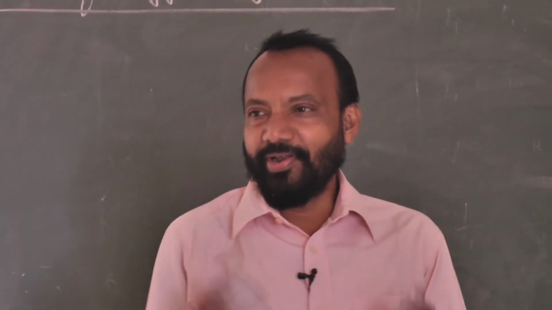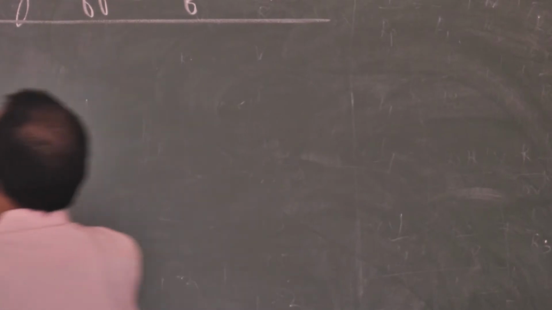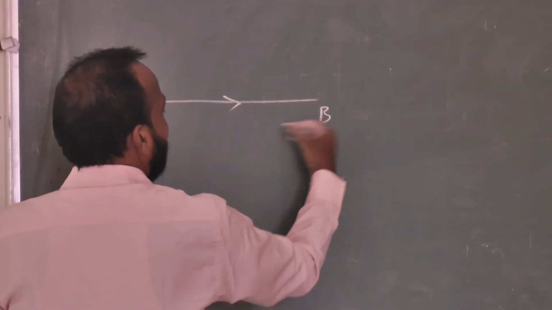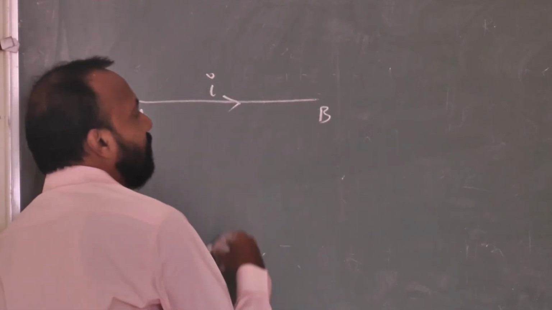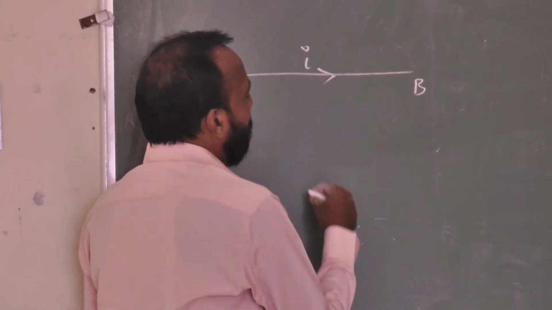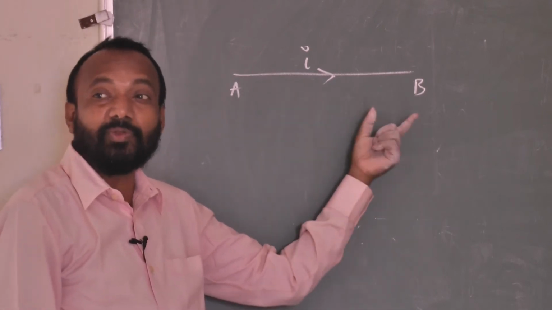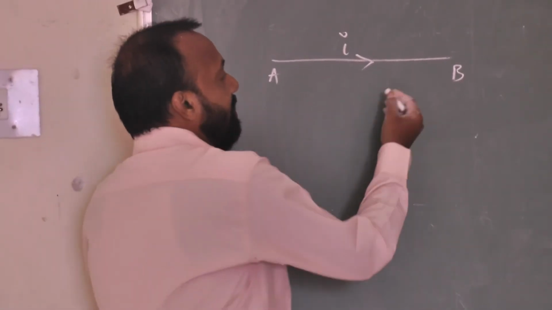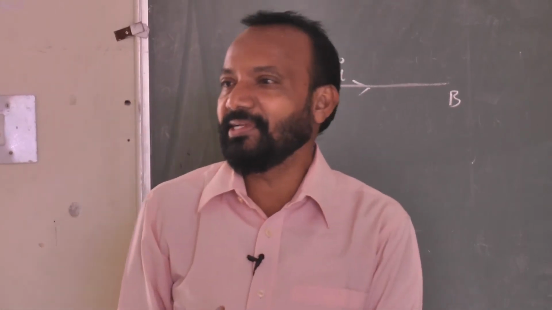You see, whenever current is passing through the conductor, suppose this is a wire or conductor, current is allowed to pass through, AB is a conductor, I amount of current is passing through this. Then a different result will come. When current is passing through the appliances, through the bulb or whatever may be, some amount of energy gets dissipated.